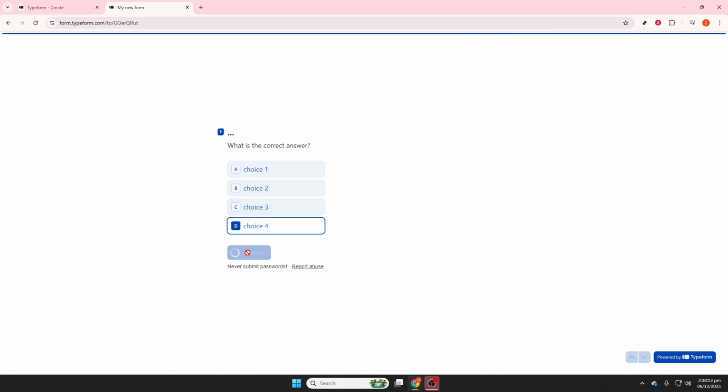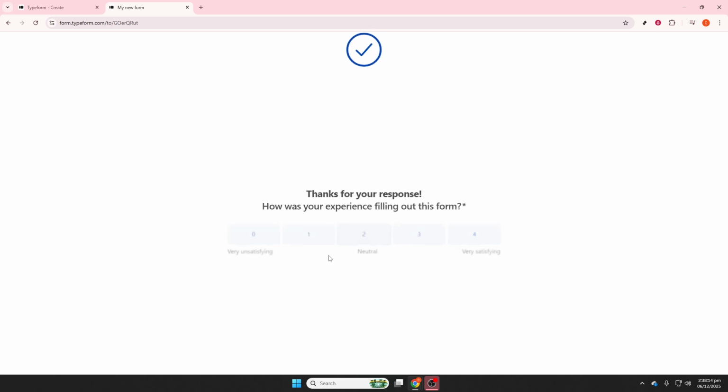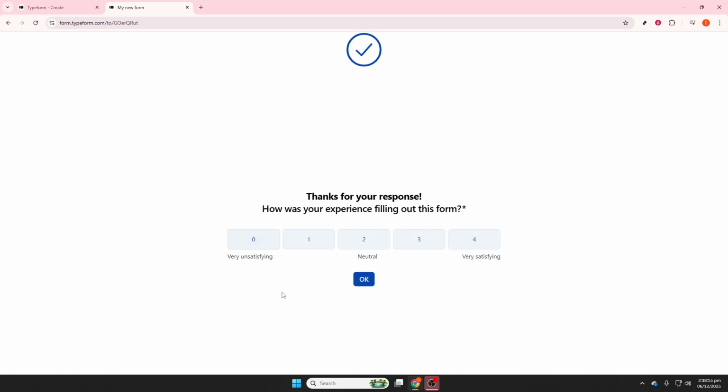Before you roll it out widely, test the live link. Submit a test response, confirm the formatting and logic, check that notifications arrive, and make sure it loads quickly on mobile. Once responses start coming in, visit Results, Summary or Responses to monitor total views, completion rate, drop-off points, and